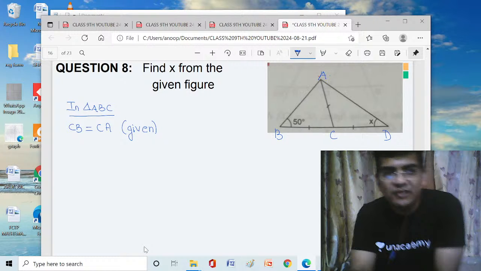Now, let us solve triangle ACQ. The sum of the three angles will be 180. So, you can write R plus Q plus X is equal to 180. Sum of the angles in a triangle is 180. Now, R is equal to X. So, in place of R, I can